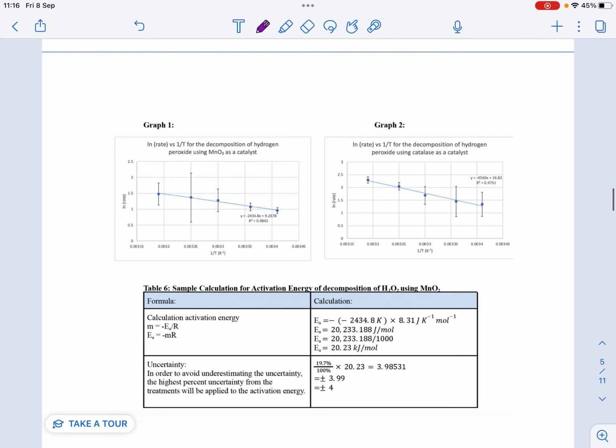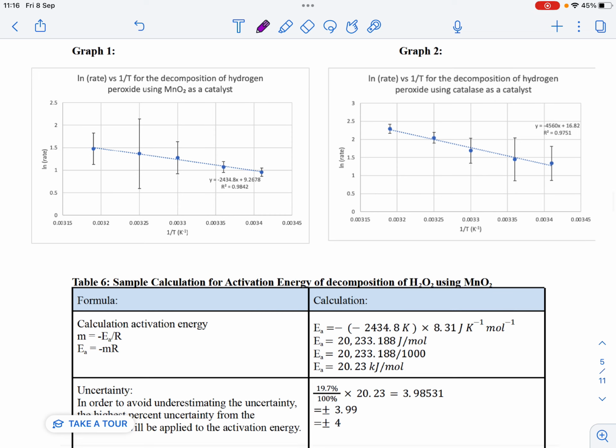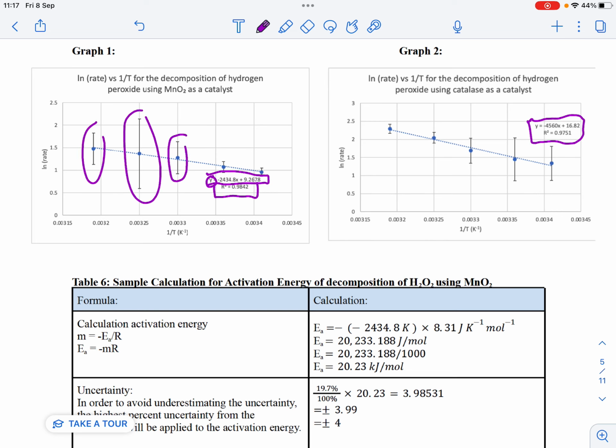And then in this particular lab, there were 2 different graphs. I haven't shown the full lab. There are 2 different graphs here. You can see the graphs have clear titles. The axes are labeled. They've got these scatter graphs with trend lines. The trend line equations are included down here. They've included these R-squared values, which we'll talk about further, but these are ways of considering how good the fit is between your line and the data points. And we've got these error bars representing the uncertainties. Okay, so a fully presented, clearly presented, really nice data analysis section.